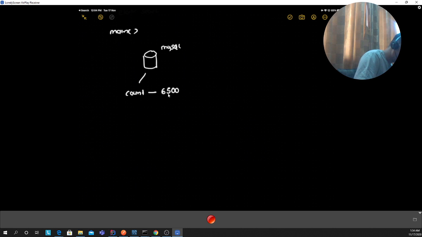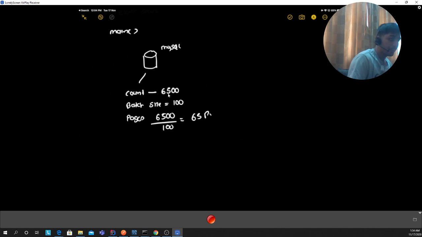The user has to define a batch size, meaning in one go, how many records you want to take from MySQL. Let's say the batch size is 100. Then the total number of pages would be 6500 divided by 100, which is 65 pages, or 65 iterations.